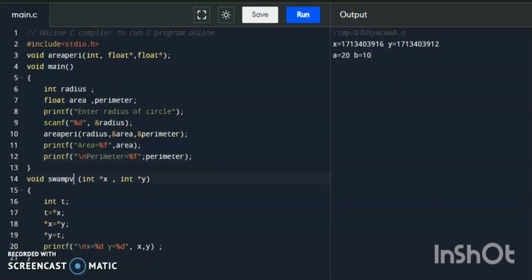Another option is void. This function I will write: void area_peri with int r, comma, float *a, and float *p, then we get